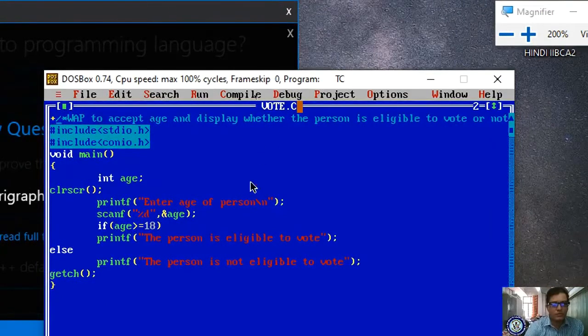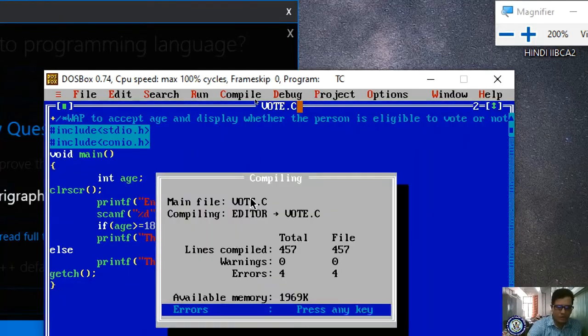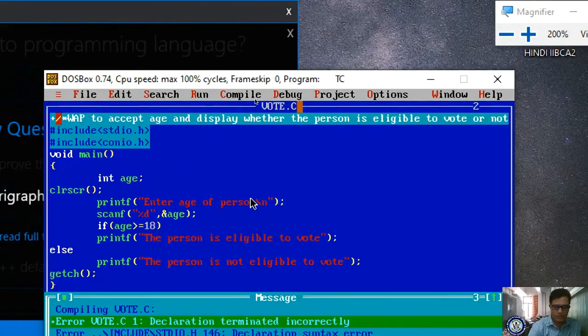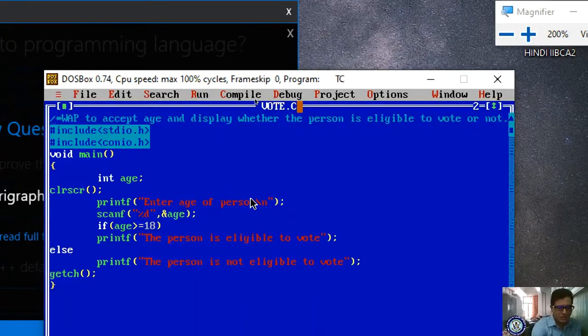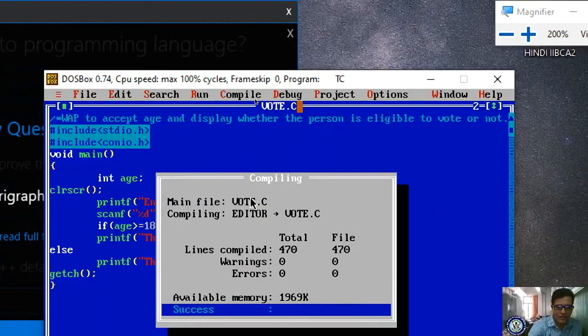Now I have written the program. For the program, I know what the variable is. I declare that variable, I have read that value, and I'm testing the condition. To test the condition, we have to develop the code like this. Now I'm saving and compiling. There was an error because of the magnification. Okay, now compiled, no error.